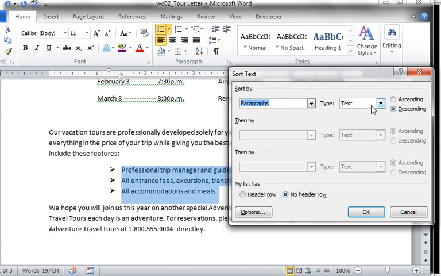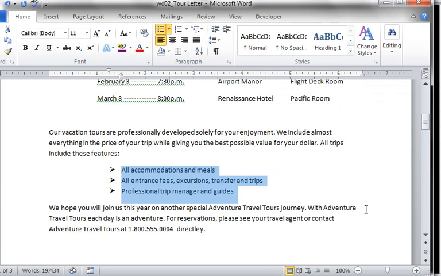Sort by paragraph, text. You also have header row, no header row, and options. Let's try it by ascending. And I like it that way. I like it when it first says all accommodations and meals are covered. So we'll move on to concept number